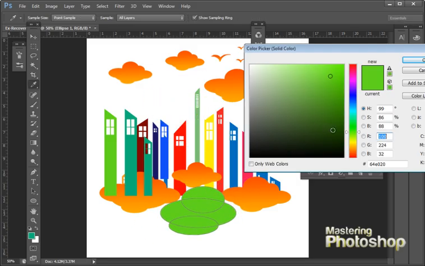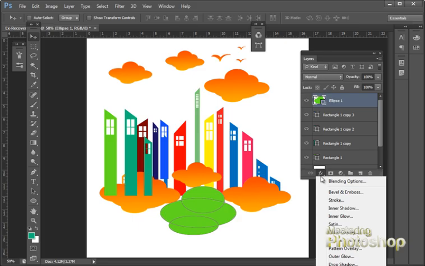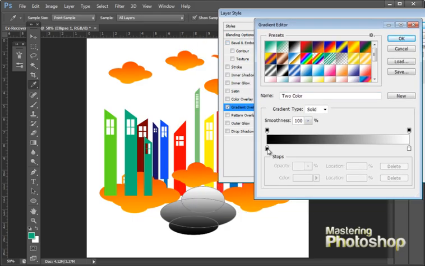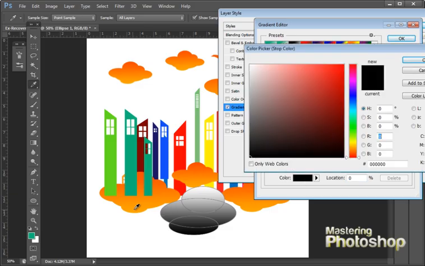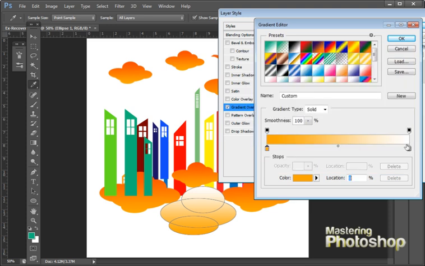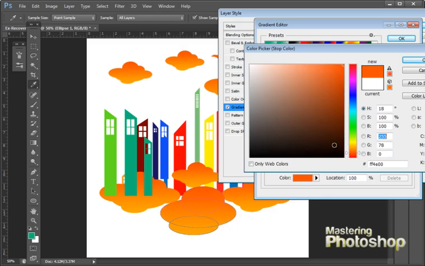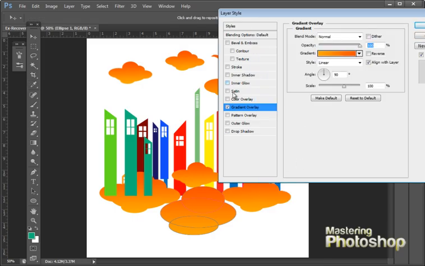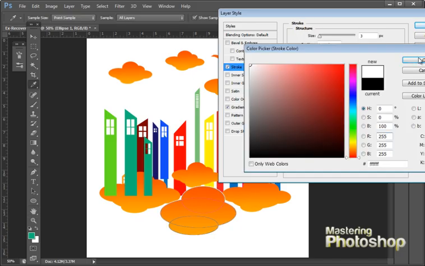So you can double click on this shape and change the color, or you can go to this FX button over here and say gradient overlay, and click on this gradient editor, click on this small arrow over here, click on the color, sample the color from this cloud, and on the other end click on this tab color and sample the color from wherever you want. And you can also add a stroke. Let's add a stroke. Select the color as white,